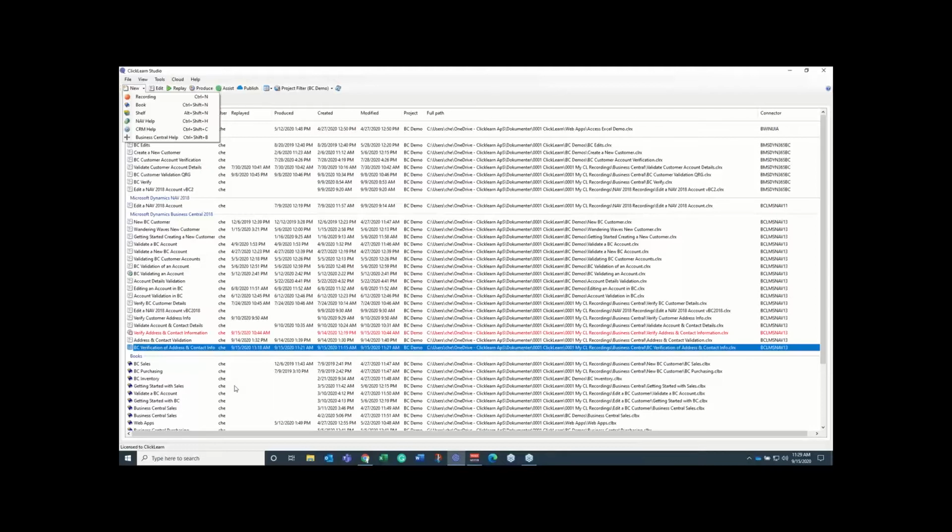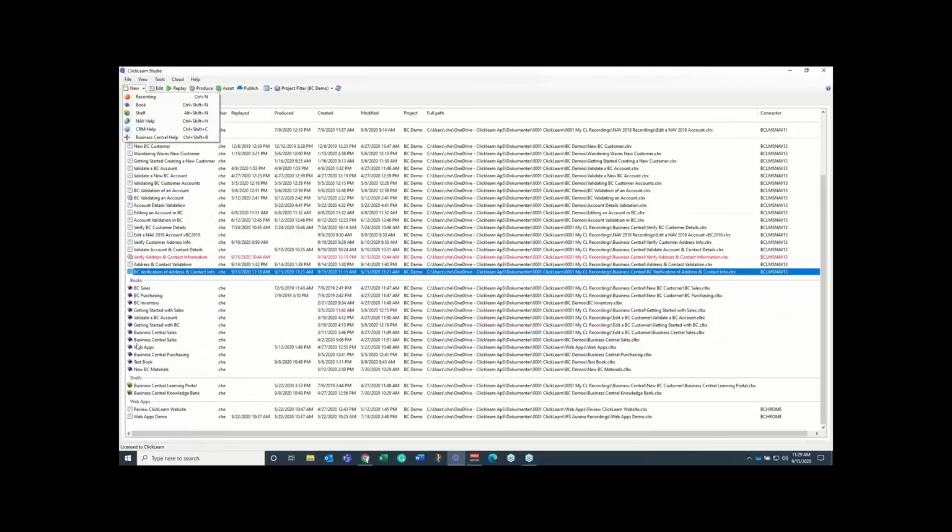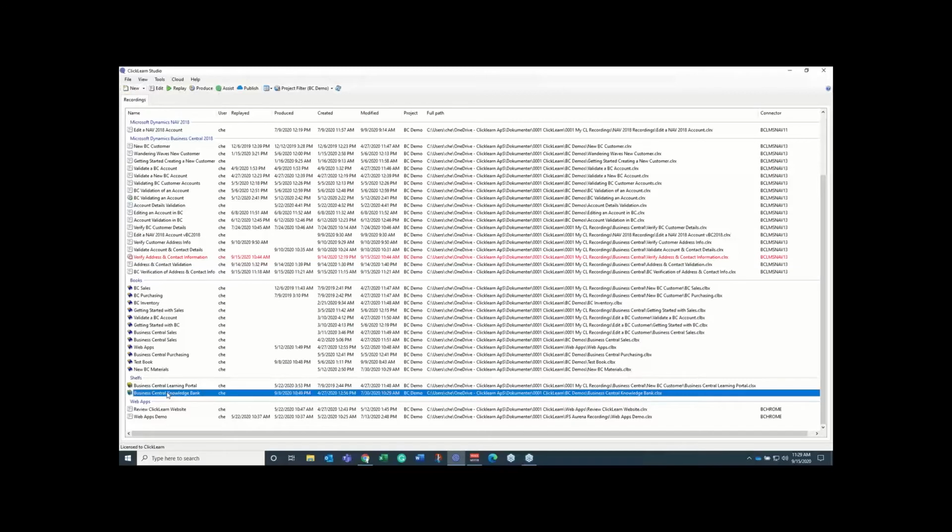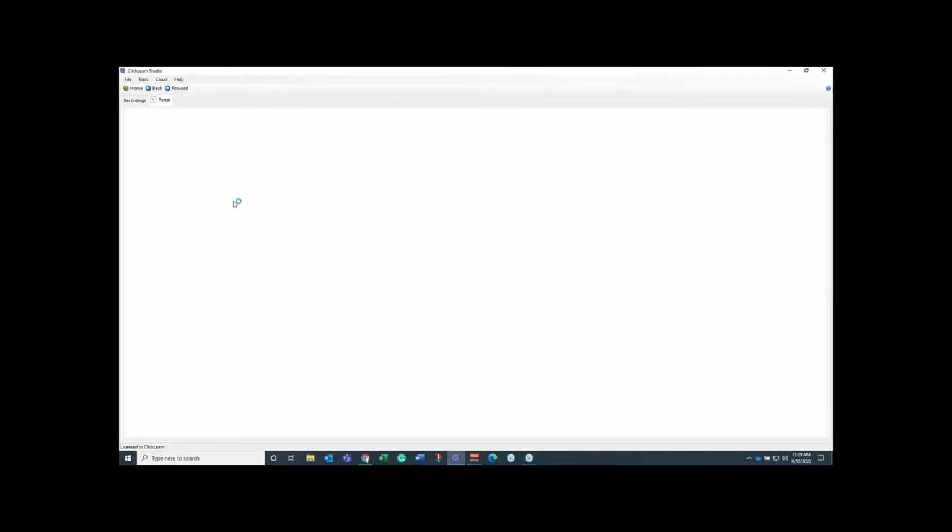Once we've got those books created, we also then will create a new shelf, and we take that shelf, we create it, we give it a name that would make sense for your end users or whatever you would want to call it, an inside help, a learning portal. And then from here, this is where you'd be able to produce and actually publish your link. And by publishing the link, that will then take you out and create an HTML link